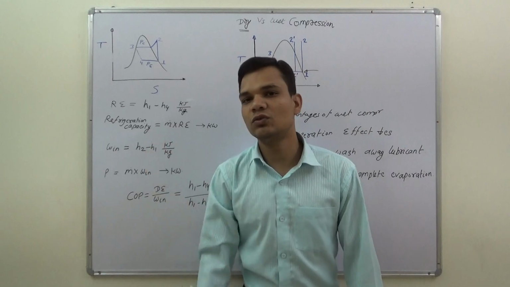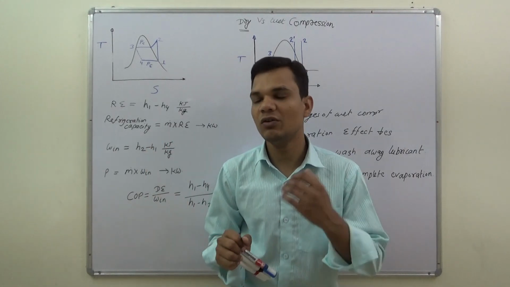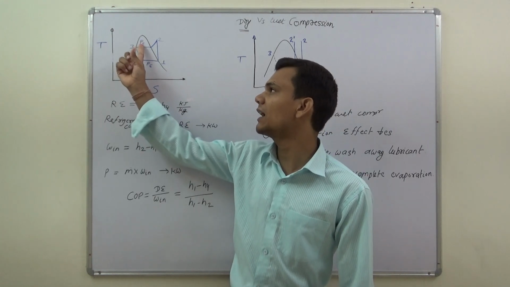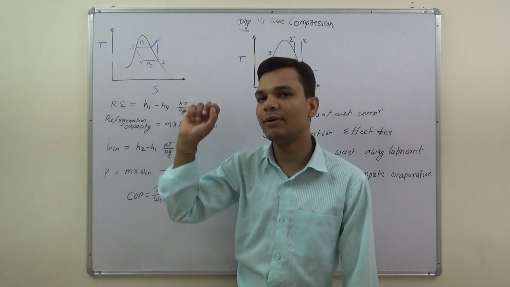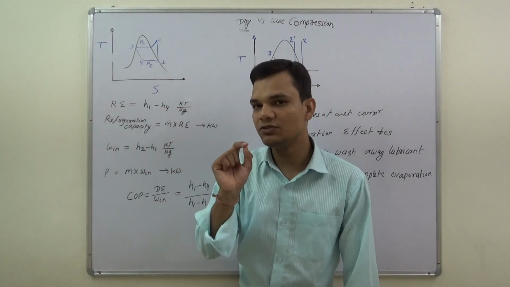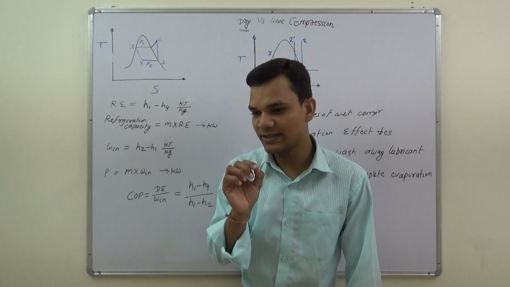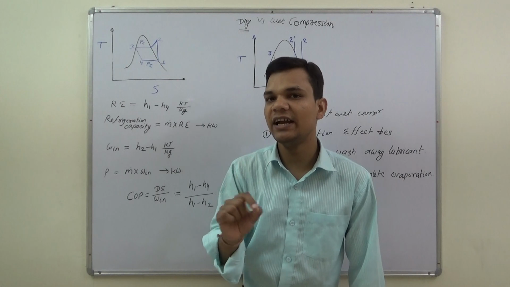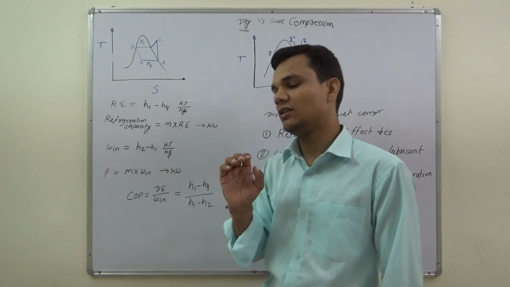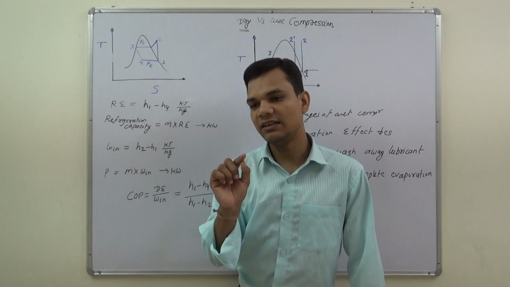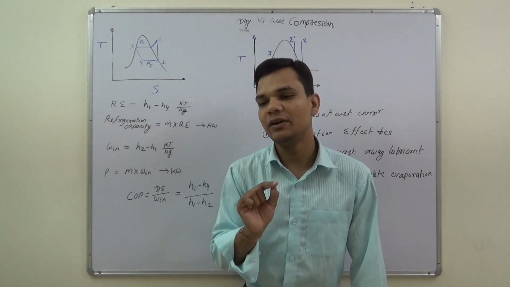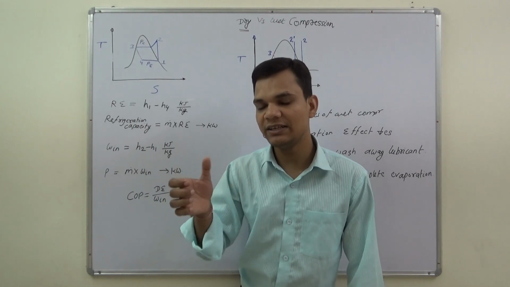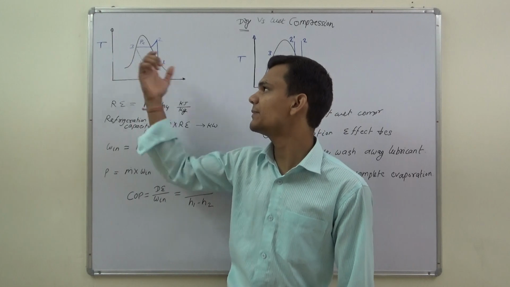And 3 to 4 is showing the throttling valve. What is the function of the throttling valve? The throttling valve is used to release the pressure; you can see point 3 is attached to the condenser and point 4 is attached to the evaporator. So the throttling valve is used to release the pressure, but the temperature remains the same. So the throttling process is an isenthalpic and adiabatic process, because due to the adiabatic process the temperature of the working fluid remains the same. If it were not adiabatic, the temperature might increase or decrease.